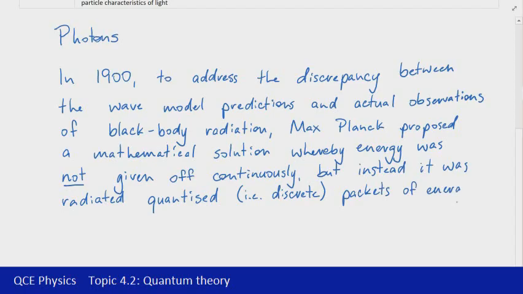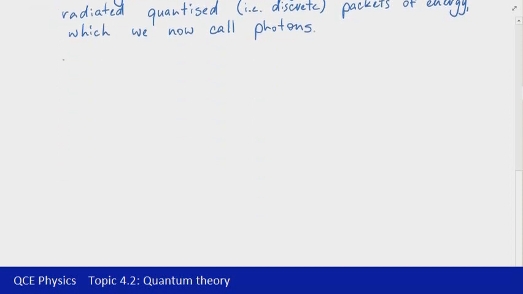Now that idea of a discrete packet of energy, or a quantized packet of energy, is what we now refer to as a photon. The term photon was more developed once Einstein started to apply this solution, but we'll deal with that in more detail in the next video, as I said. Now the idea of a photon, if it's going to carry energy, there must be some way to calculate how much energy it has. That calculation links into Planck's solution, but we're not going to go into the full detail of that solution. It's a fairly complex one.